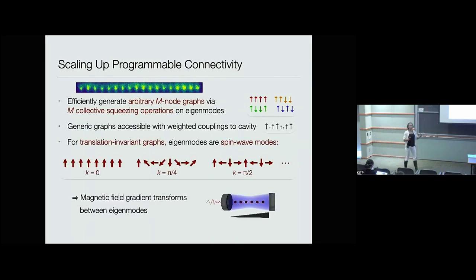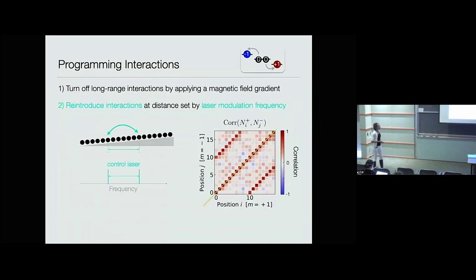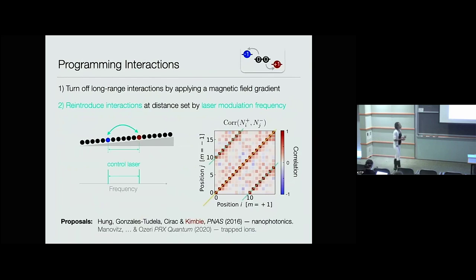Some graphs are maybe a bit more convenient than others. One particularly convenient class of graph is translation invariant graphs. In that case, the eigenmodes are just spin wave modes. And in that regime, we've actually used this approach in the past. I maybe haven't always thought of it in this language, but this is an approach of coupling different spin wave modes to a cavity. One way you can do that is just to apply a magnetic field gradient. You don't even need arbitrary optical control. The k equals 0 mode at time 0 cycles to a different momentum at a different time. So that gives a way of sequentially coupling to these different momentum modes and programming the graph of interactions. And that's something we've done at larger system sizes.